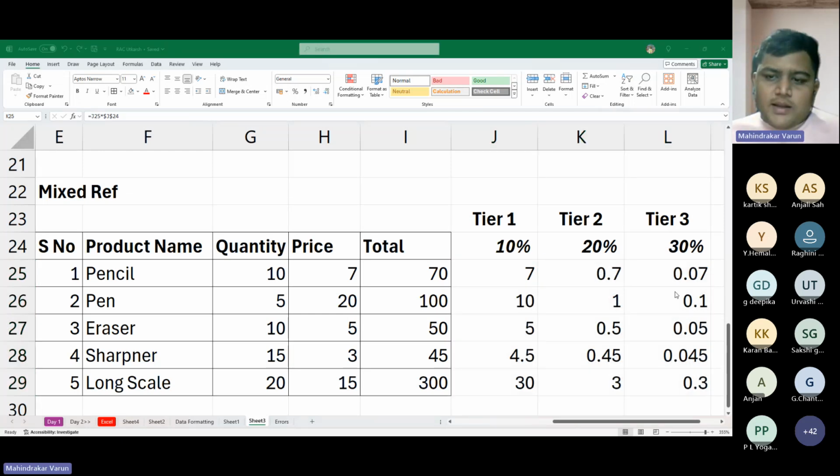Are we getting the correct answers for 20, 30, 40? Just quickly let me know in the chat box. Are we getting the correct answers if I'm dragging that absolute reference? Quickly let me know. You can see here, whenever we are dragging